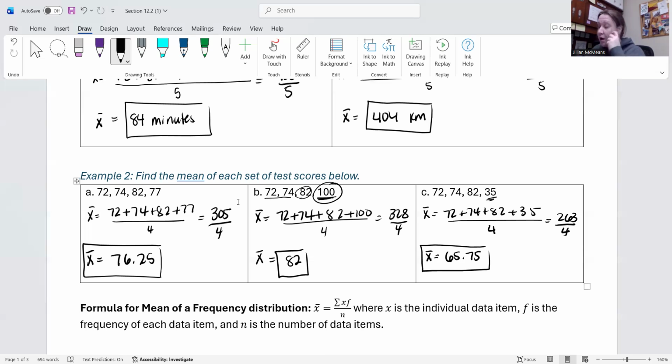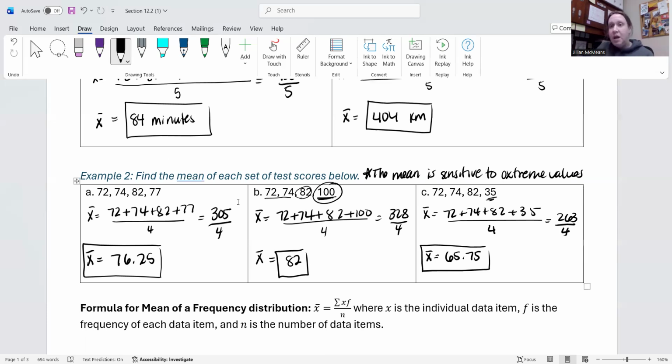So just be mindful, make note that the mean, again, is sensitive to extreme values. And all that means is if you have a lot of scores or a lot of values that are kind of clumped together, and then you have this one oddball, whether higher or lower than everything else, your mean is going to be drawn towards that oddball value. Okay, so your mean is going to be sensitive to one really wild, kind of off the wall